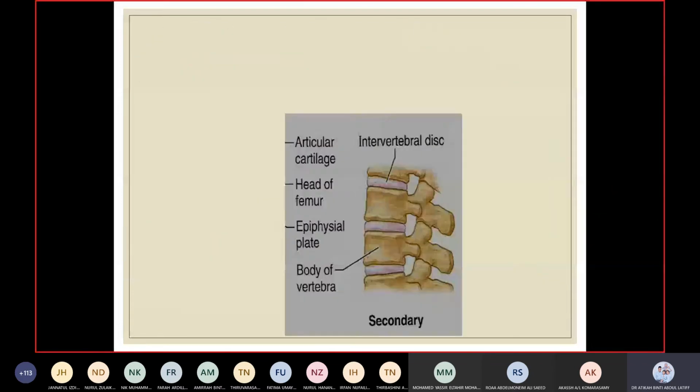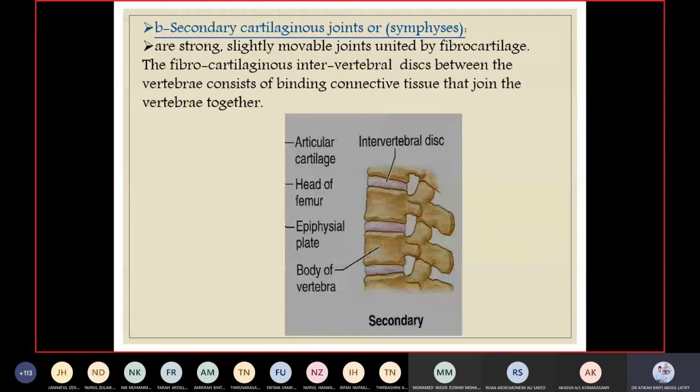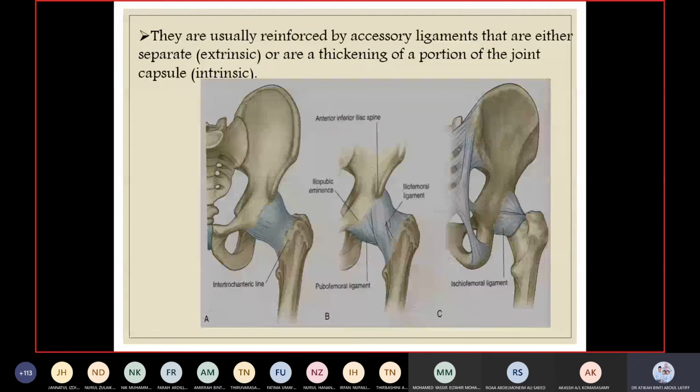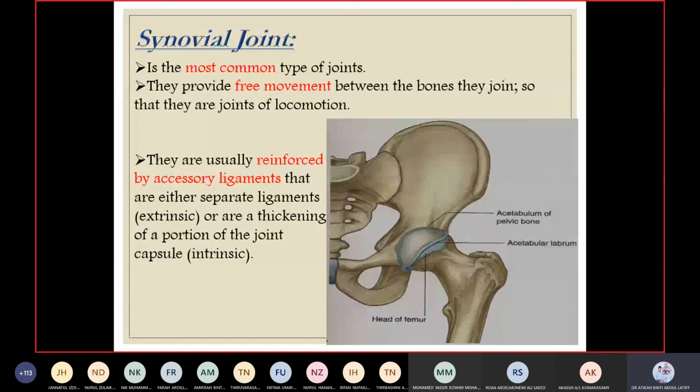Okay, so we will talk more on the synovial joint, as this is the most common type of joint found in our body. Okay, and they provide free movement between the bones that they join. Because of the free movement, they usually have ligaments to help support the joint